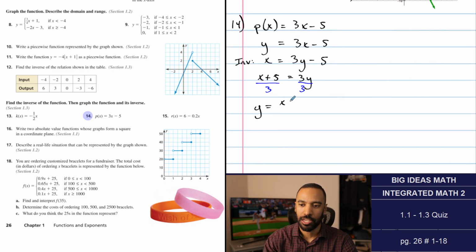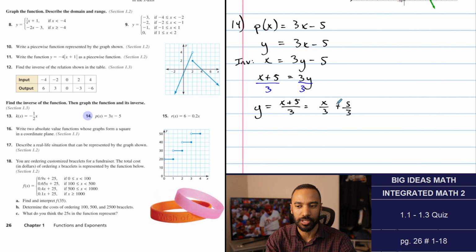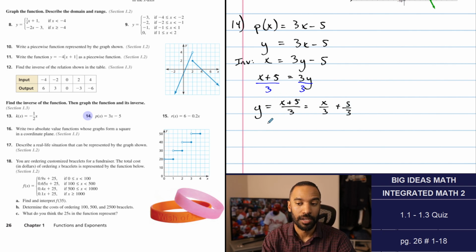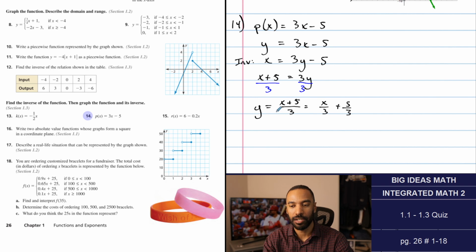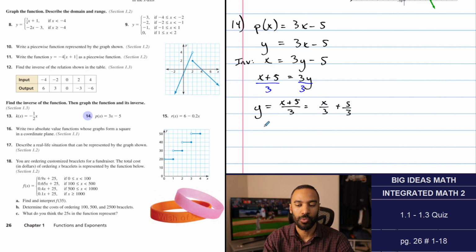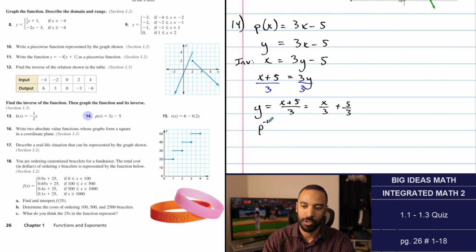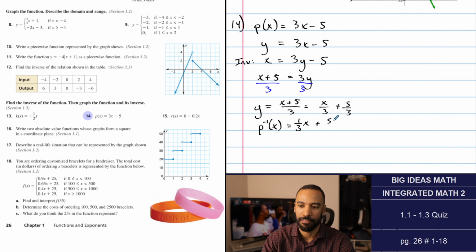It's best that you split this into two different parts, x over 3 plus 5 over 3, as far as slope-intercept form goes. This is not wrong, by the way. I do intend on graphing it, but I want to show you what it looks like with its proper slope and all. I also want to turn this into inverse notation like that. X over 3 is the same as 1/3 x, right? 1/3 times x is x over 3, and there's 5/3, which is not my favorite y-intercept in the world to go off of,